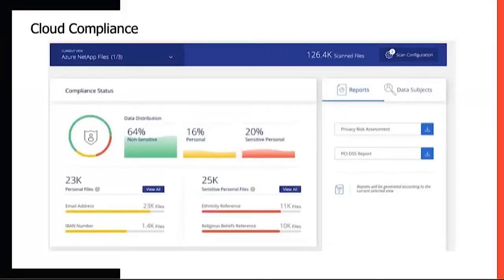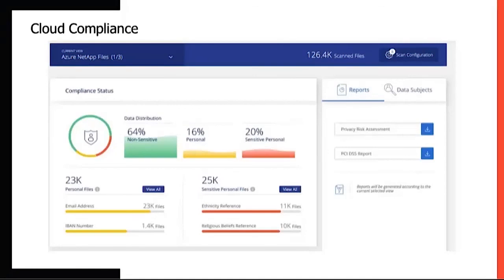Cloud compliance, this is what it looks like. This is one of the outputs, one of the dashboards that you can see. And what this is addressing is compliance. So if you've got a regulated industry of any kind, so government, schools, financial services, they often need to do a PCI report or similar, and we're able to do that out of the box. So again, without using a third-party service, you're able to produce